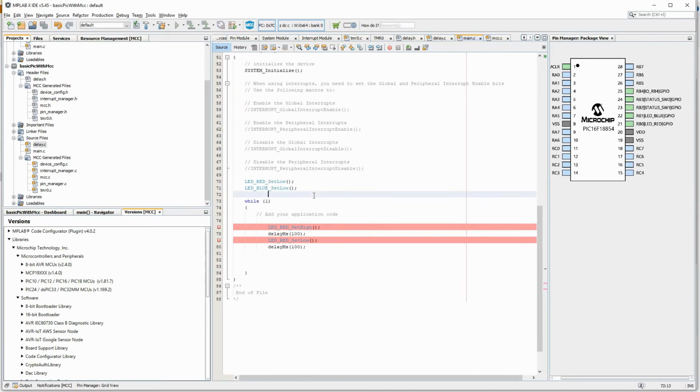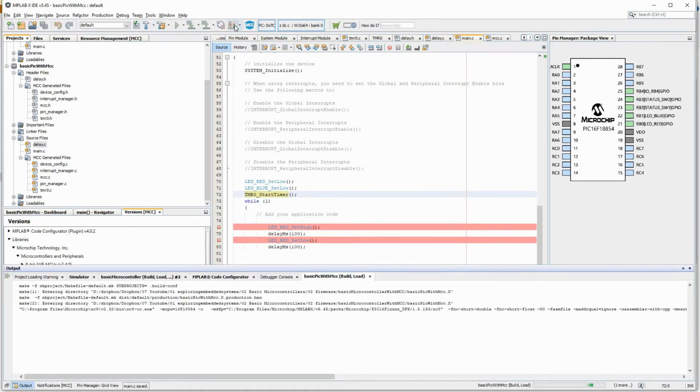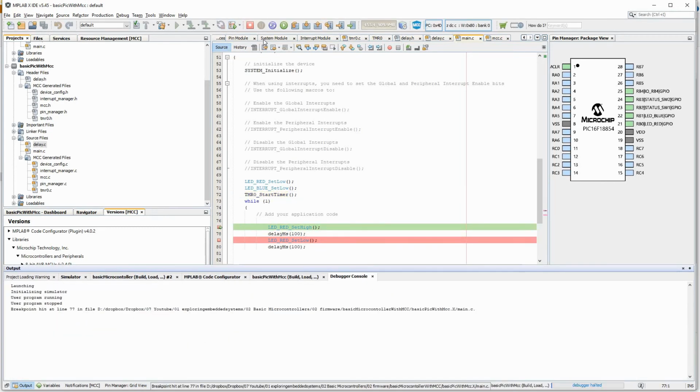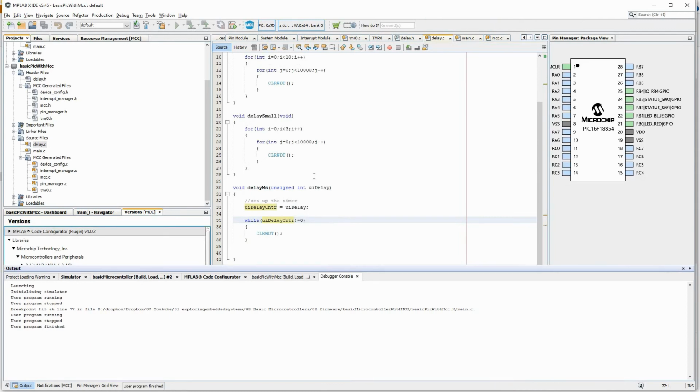Main. Let's start the timer before we get in. I think we have configured everything, but the timer has not been started. Let me build it and debug the project. Just come here. Still not generating the ISR.